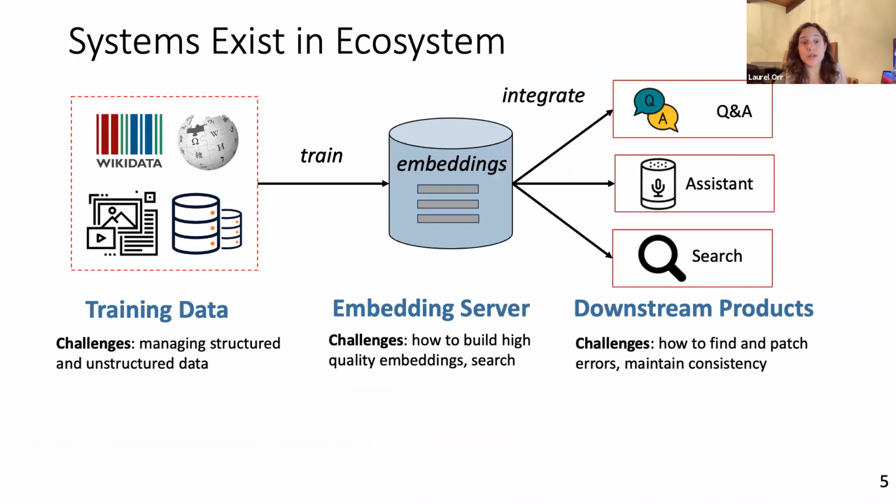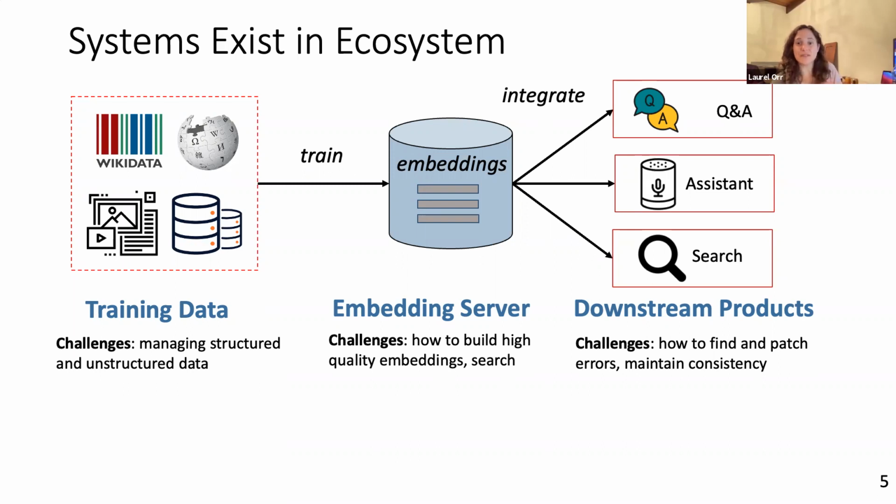So these embeddings don't exist in isolation. It's not as if you have one set of embeddings for one system. There's actually an ecosystem, and especially in industry, that's forming around these embeddings, where the same embedding is being shared across multiple downstream systems. And these embeddings don't just appear out of nowhere. They're also trained, typically over massive corpuses of data. And so this is what I'm calling the embedding ecosystem. There's the training data, the embeddings themselves, and then the downstream systems that leverage these embeddings.